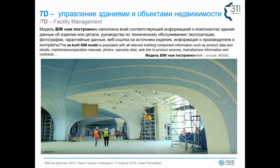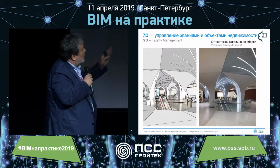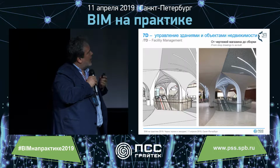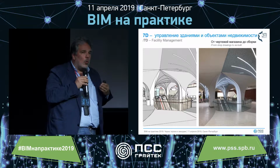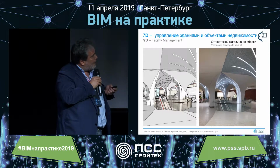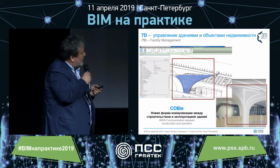And at the end, last but not least, and for me this is very important, to show that we succeeded in delivering all the information from design and construction up to the companies that are in charge of operation and maintenance of the infrastructure, and at the end to the final client. And this is very important also because the fit out of this project is very, very complicated, and it required also new technologies and new procedures to take care of the maintenance. And in this way, we implemented the full scheme of COBie files for all these